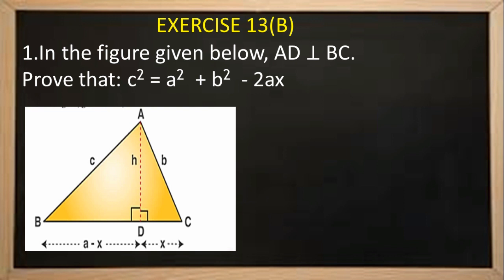In a similar manner, one more right angle triangle we can notice here, that is triangle ADC. At the point D we have a right angle, so the side opposite to angle D is AC and the remaining two sides are AD and DC. So apply the Pythagoras theorem. AC square is equal to AD square plus DC square. Make a note of it, children.